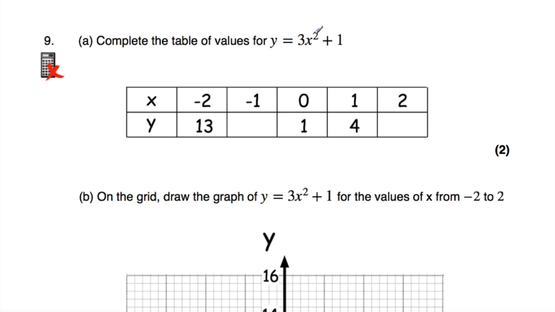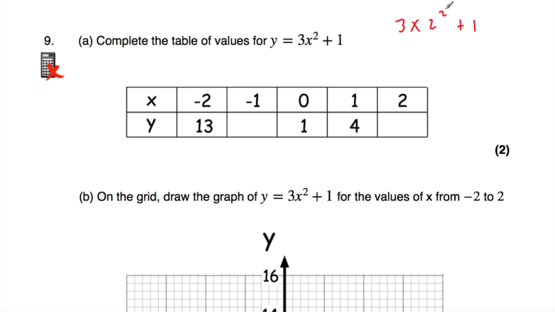So we've got 3x squared plus 1. To work out what y is, we need to do x squared and then multiply by 3, because remember our order of operations, we need to do any orders, any powers, before we then multiply by 3. So we're going to square the value of x and then times by 3, and then we're going to plus 1. So for instance, whenever x is equal to 2, we're going to do 3 multiplied by 2 squared and